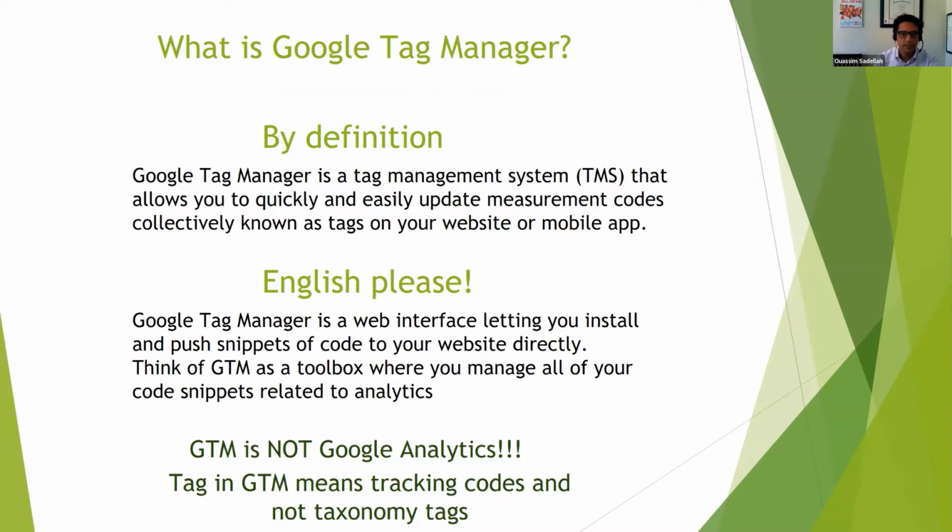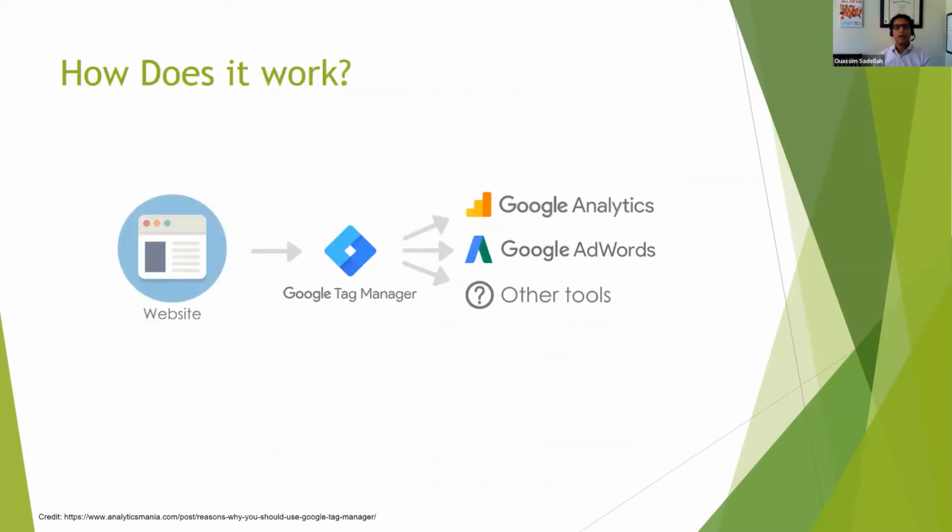Sweet. Okay. Now, I like graphics. So once again, you have your website on one side, and then I'm just going to use Google Analytics. I'm not going to use AdWords or any other tools. And we have Google Analytics on the other side. From your website, you want to know how many people downloaded the PDF, right? The old school way, without Google Tag Manager, you go directly and write the code on your website, and then it will show in Google Analytics. Google Tag Manager does that for you in a way. Okay.